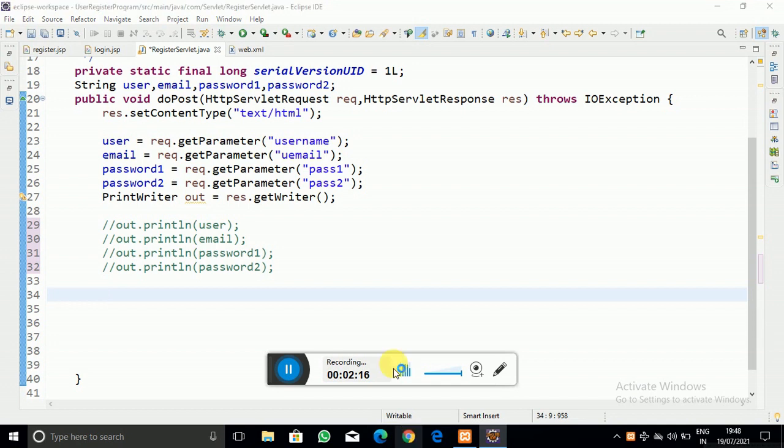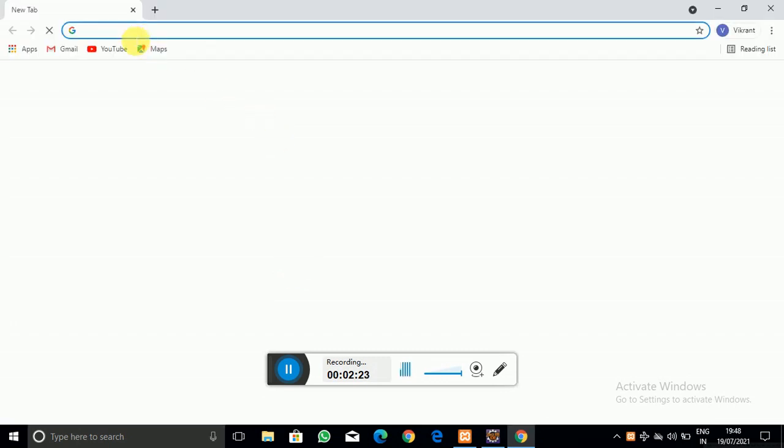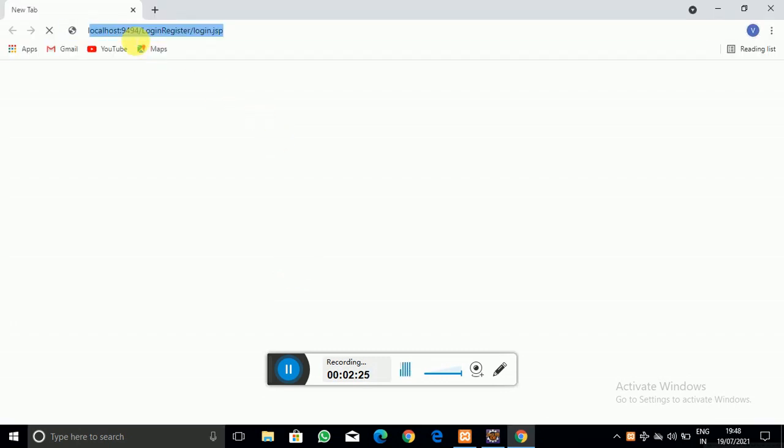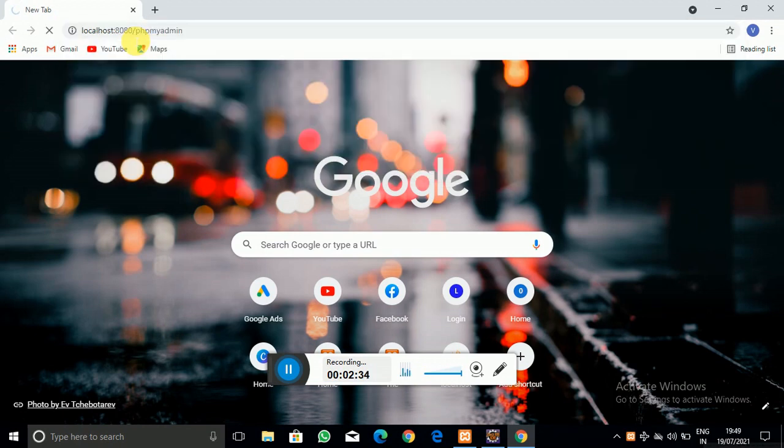Now open the Chrome browser, and in it I am going to open the database editor, which is phpMyAdmin, and by making use of this editor we are going to create the database.